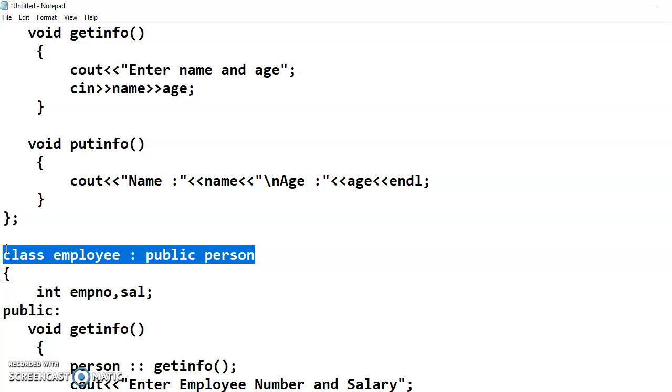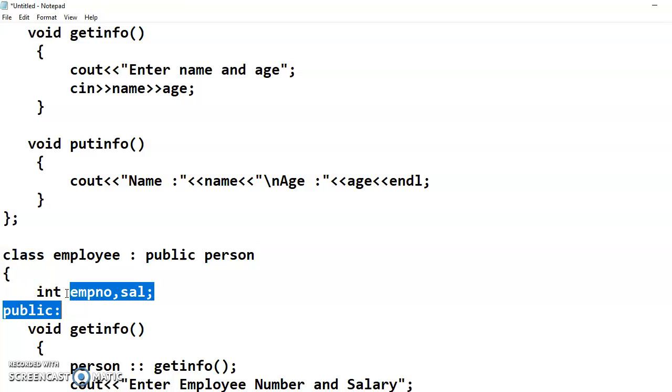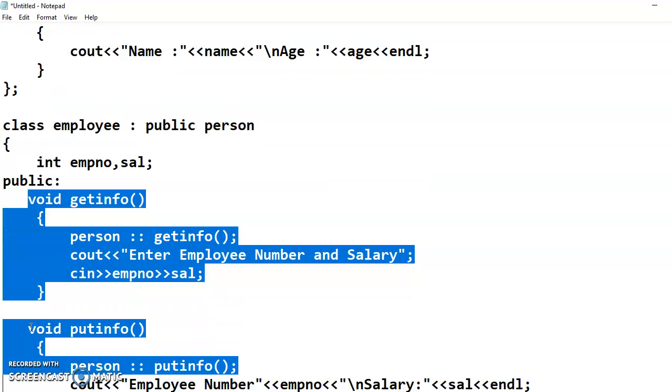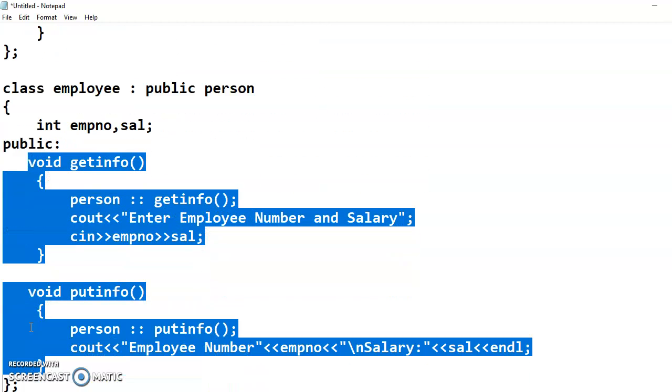We have written this, that means employee is our deriving class, which is deriving data from the person class, which will now become the base class. In this, we have two variables, employee number and employee salary. Under public visibility mode, as I said, we have the same method names, getInfo and putInfo.